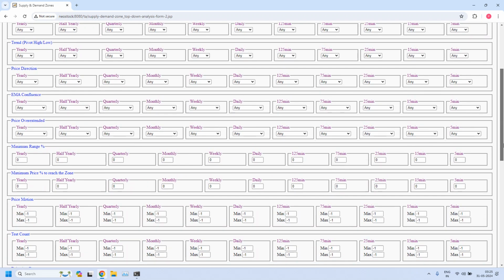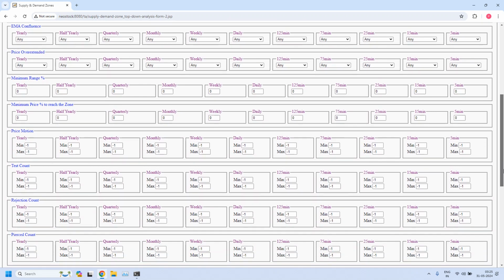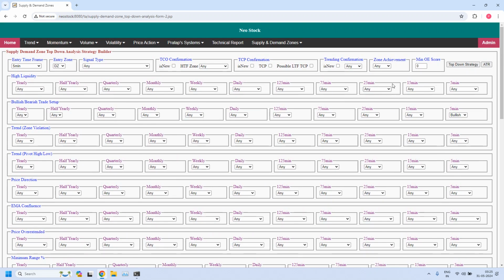And the first filter we are going to set, the pierced count should be 0 for 5 minutes time frame. The minimum value should be 0, maximum value 0, indicates 5 minutes zone should not be pierced, 5 minutes demand zone, because we selected demand zone. And zone achievement is violated opposing zone, minimum odd enhancer score is 12. So with these three filters applied to 5 minutes demand zone,